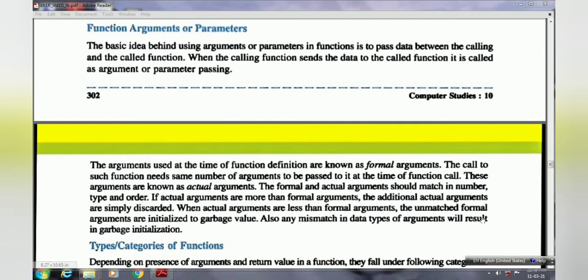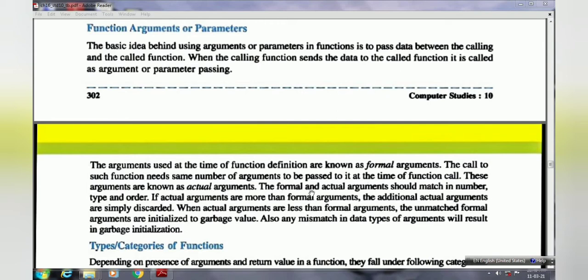When we are calling the function from our main function, in the function brackets we need to give the same parameters. These arguments that we give during the function call are known as the actual arguments.